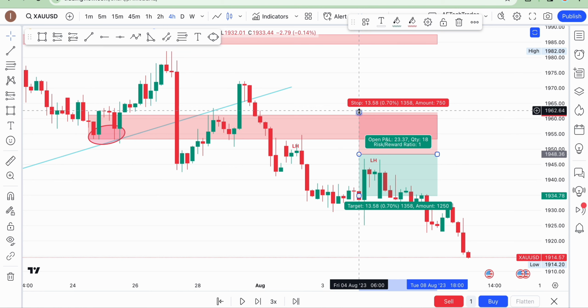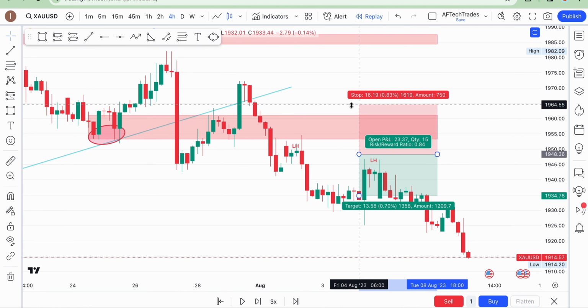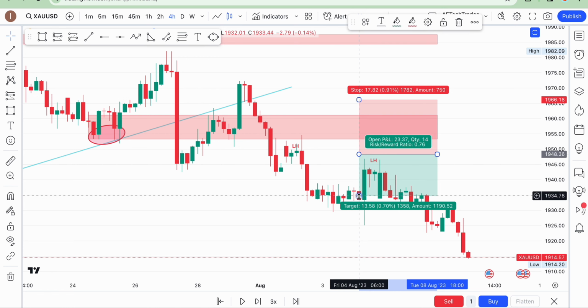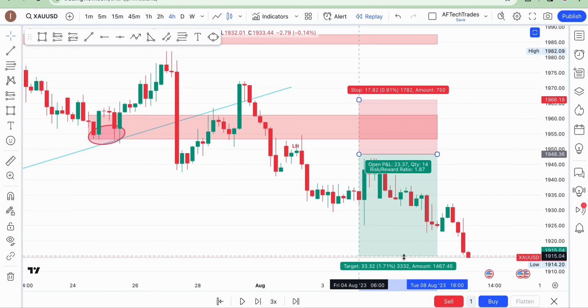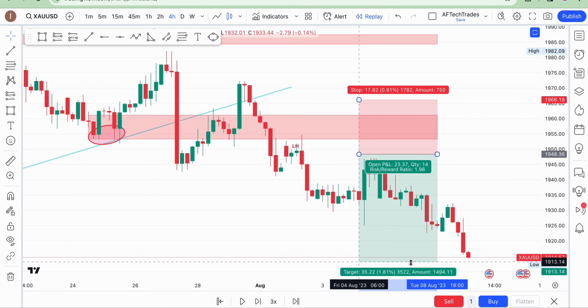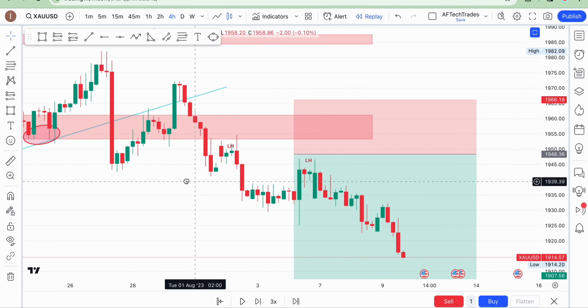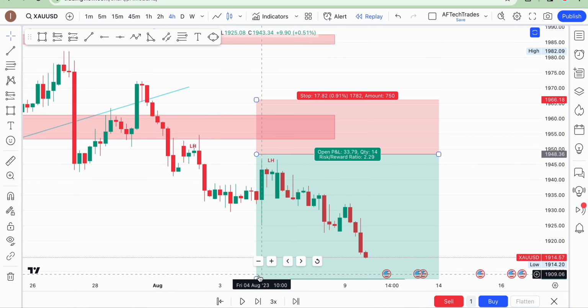Like I told you, your stop loss should always be around here, your zone, just maybe like 20 pips to 30 pips from your zone, right? So you can put it 30 pips depending, and your take profit should be 2 times your stop loss or 2.5 times your stop loss. Always take note of this. Your take profit should always be 2 times or 2.5 your stop loss. So let's see how this market will turn out to be if we entered for this market.